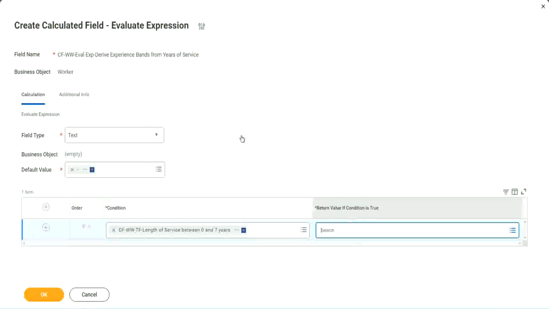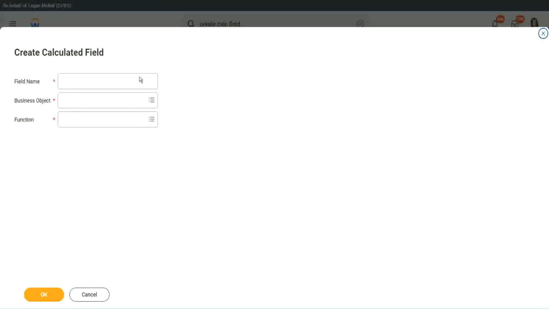Let's click on that and say create calculated field. So we will call it CF text constant amateur, and we have to also put a WW. Business object. Now you have two options to store the business object. One is, you can use worker, of course, like the rest of the worker-related objects, or you can use